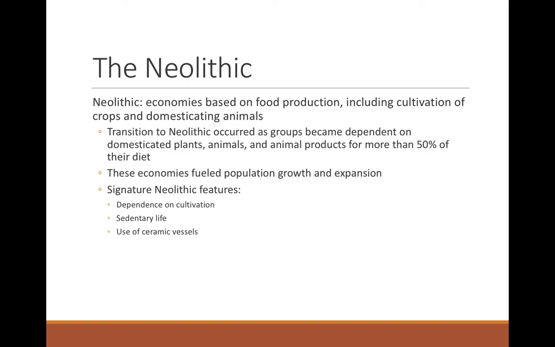And so the Paleolithic ends specifically about 17 to 15,000 years ago when the glaciers are retreating and this broad spectrum habitat or economy is emerging. The Mesolithic and the Neolithic are much more site specific and are really measured by these technology changes. The Mesolithic, its beginning point is when these microliths appear. The Neolithic beginning point or high point is when at least 50% of the diet is comprised of domesticated plants and animals. So this transition occurs as groups become more dependent on domesticated plants and animals.